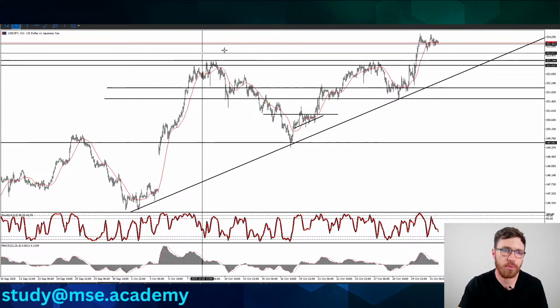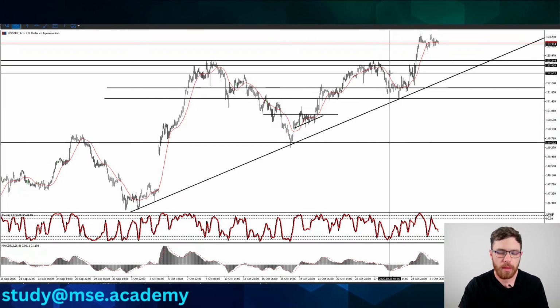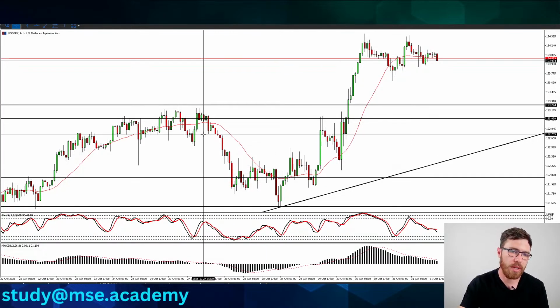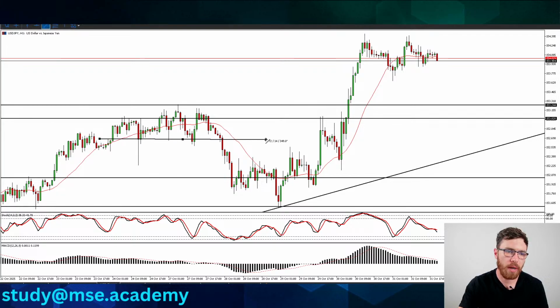So we could see this retest over here. It retested again on this level. We released the trade idea on the test of this resistance. The market sold off. I was able to sell off on the intraday. My big one was basically not selling off from the top, but waiting for